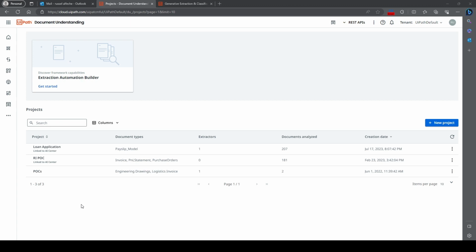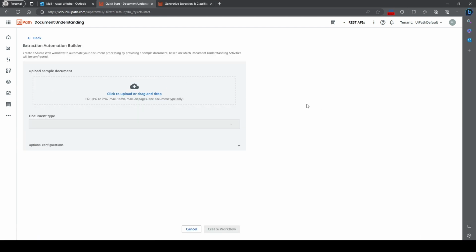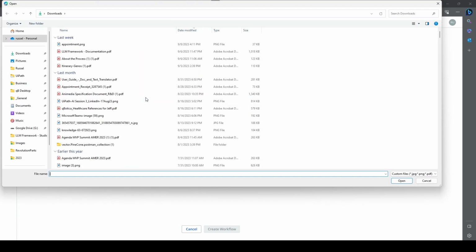Today I'm going to quickly walk you through Extraction Automation Builder and one of the newest capabilities in document understanding, which is generative extraction and classification. Extraction Automation Builder lets you quickly build your document understanding sequence by just specifying the document that you want to extract from, and it automatically builds the different steps in the document understanding framework, including digitizing, classifying, extracting, and then showing validation station. So what you just need to do is drag and drop the document that you want